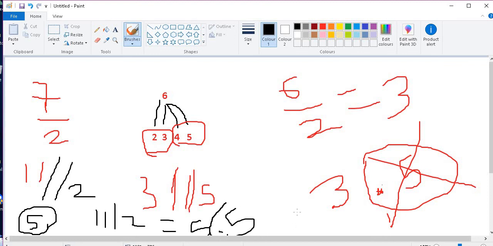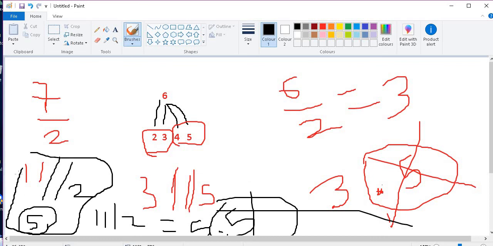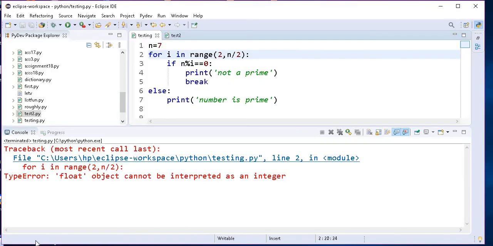We are removing everything after the point, completely eliminating it. That's what we are doing here by adding the double division symbol. So add it. See, I have added it.